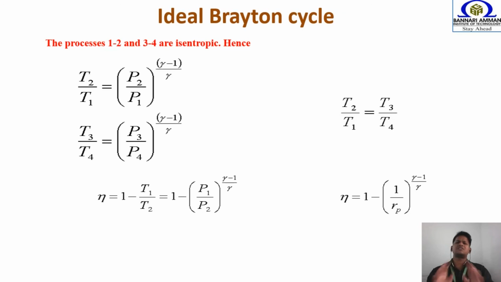Right, this is the easiest way to find out the amount of heat supplied into the Brayton cycle QS, the amount of heat energy rejected from this Brayton cycle QR, the amount of work input given to the compressor, the amount of work done which you are getting from the turbine, and the efficiency of your Brayton cycle. So easily you can calculate these values, and easily you can compute the performance analysis of your Brayton cycle this way.